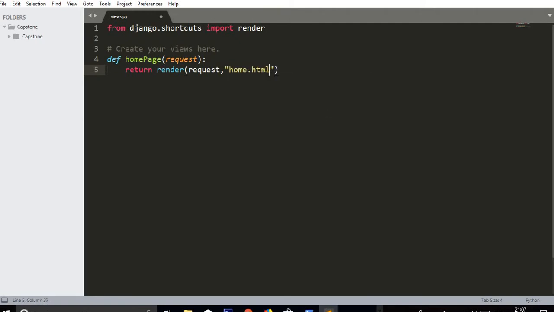So whatever you write inside this home.html file, the user will be able to see that on the Django website. Here home.html is a basic HTML file,